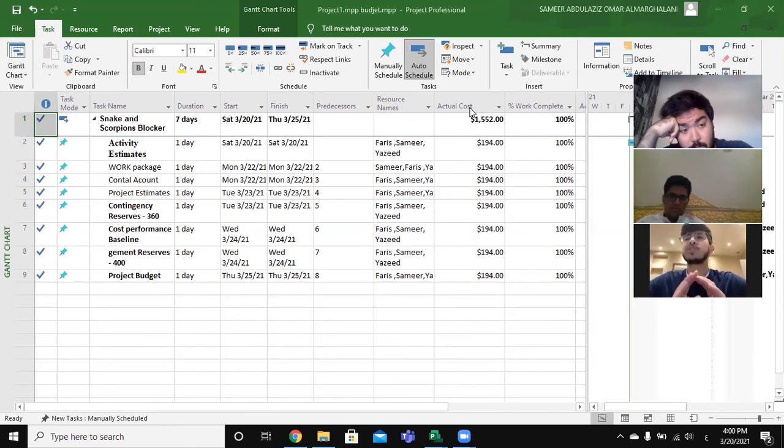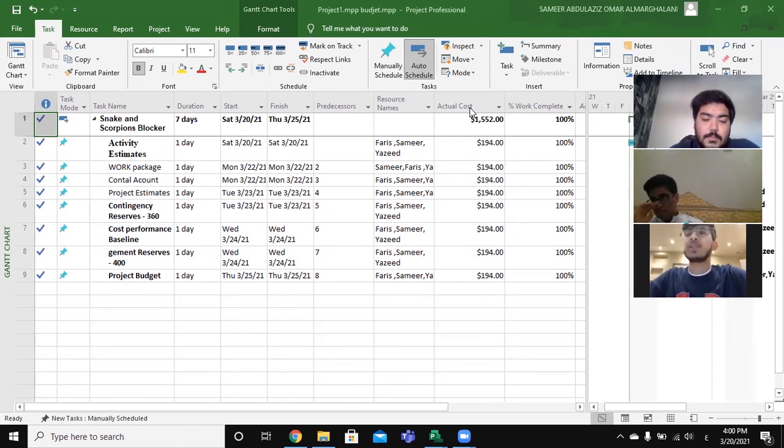In the money, anything we need to buy, we sharing together, and we divide it by 3. And here the actual cost, we have about the activity estimate, we buy, we put 194,